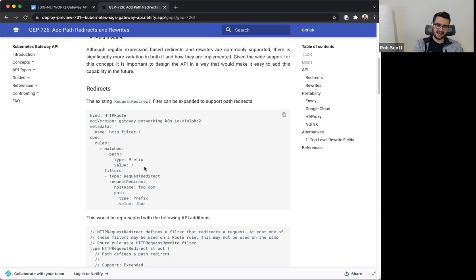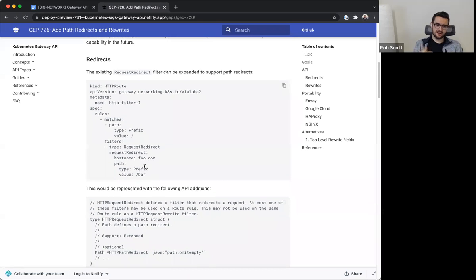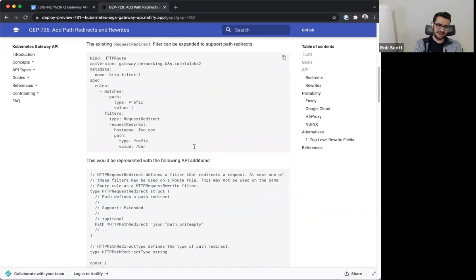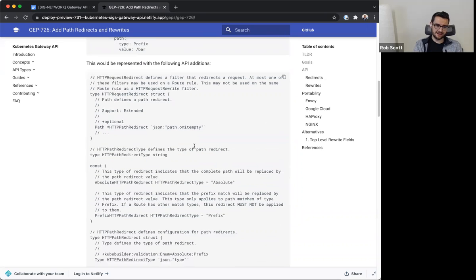This suggests that we're going to start with a path redirect that is based on the match value. You've probably seen this portability section down here, where I show how this is implementable by a variety of implementations. This is not an exhaustive list, just a set that I looked at. That's path redirects.